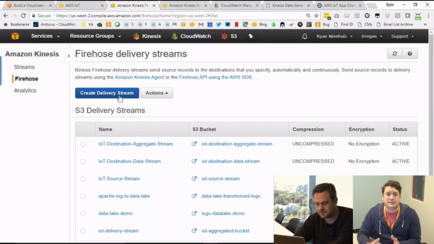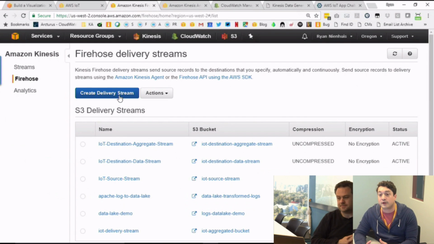So it's a great choice if you're getting data from point A to point B and you need to do it at scale, continuously, with very, very little setup. Kinesis Streams provides a lot more flexibility. What do I mean by flexibility? Similar to Firehose, it'll ingest a high volume stream of data. But dissimilar to Firehose, it provides a lot of different options to consume and process the data in real time.